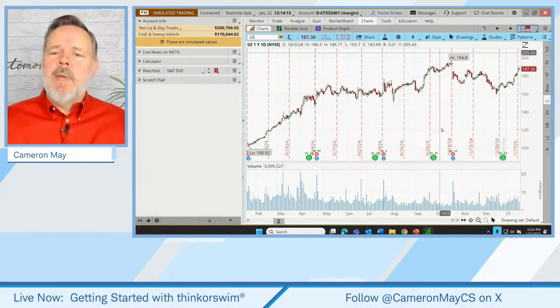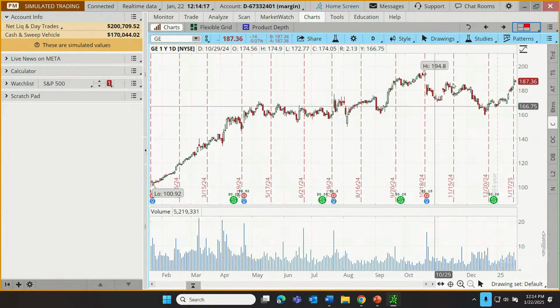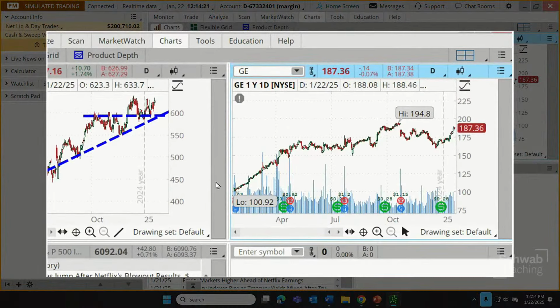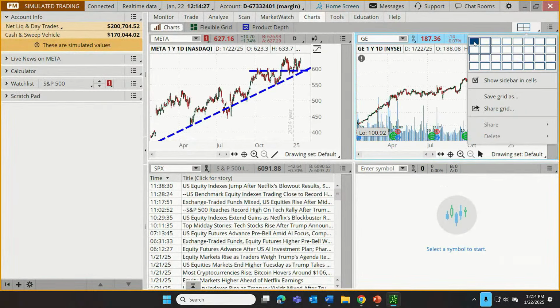So how do we get back to the chart of 4 instead of just one cell? We can click the little back button right here. There's our 4. Now, how do we just get back to 1? Get rid of the extraneous 3. Click up here, change it back to 1.